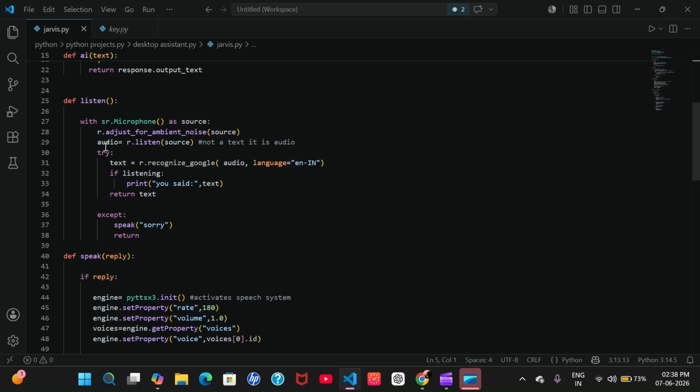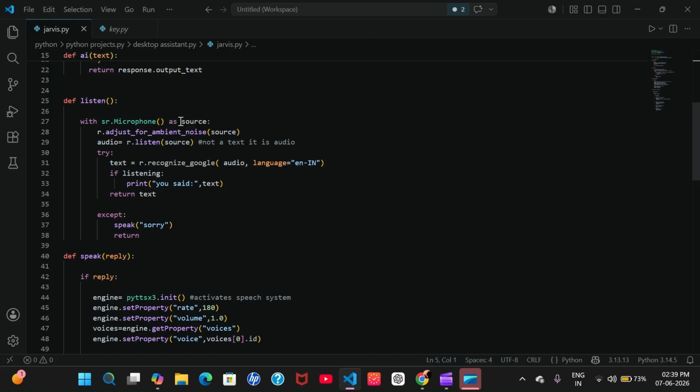Okay, now r.listen(source). Why are we using with? So that it will open, take input, and close automatically. That's the reason we are using the microphone with with.